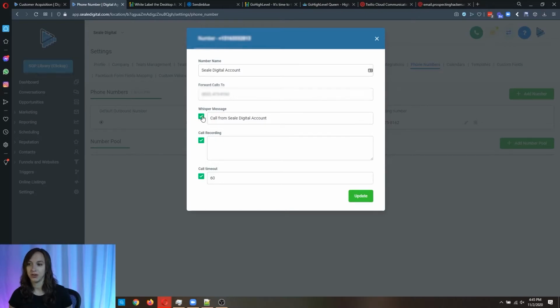Whisper message. This is the message that you are going to hear if you're forwarding calls to yourself whenever someone calls you. And I have another video on how to do this. You can use custom values. We haven't even talked about custom values yet, but you can do something like this from contact name, and it will tell you their name if it's in the system when they call you, which is kind of cool.